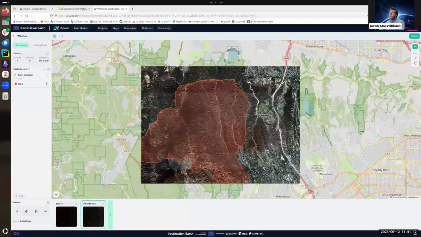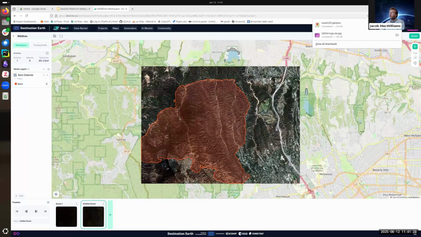Now, what's nice here is once you have this, we may want to export this into further pipelines and use this in our own scripts or in QGIS, etc. And to this end, we can go to export as JSON, and we can export this shape, this polygon, and these detections and integrate this into the pipelines that really will help us tailor the work that we've done here to the use cases that we bring to the table.